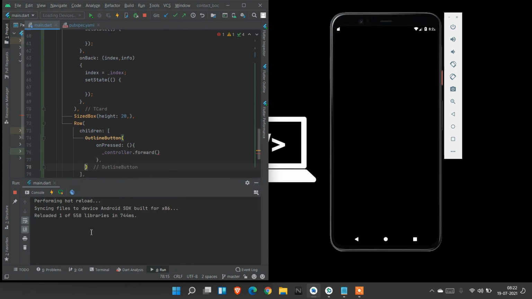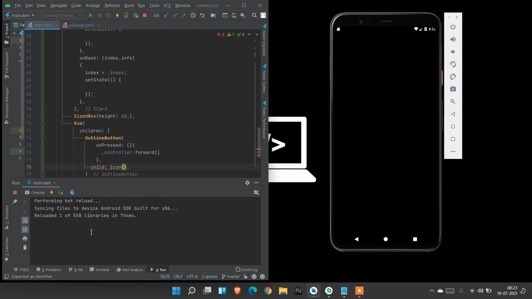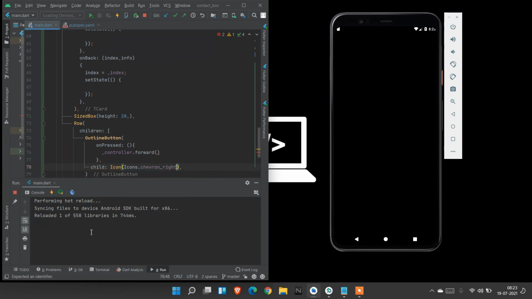After that I need to design the OutlineButton. The child of the OutlineButton must contain Icons dot arrow, side arrow.